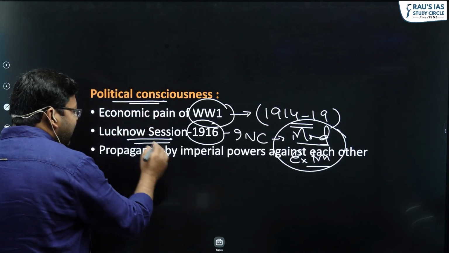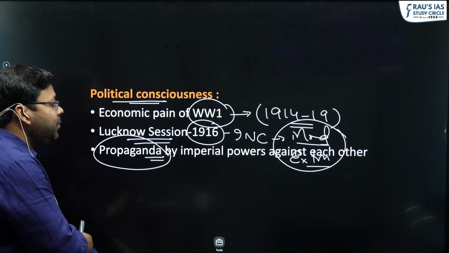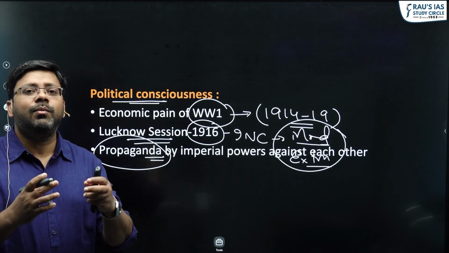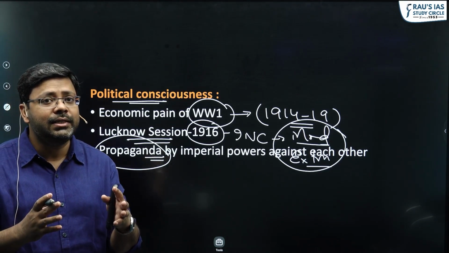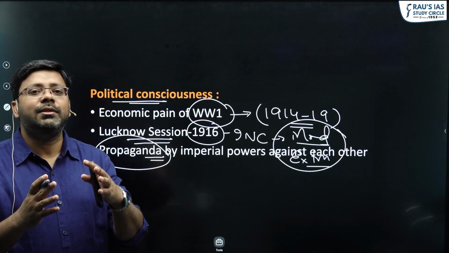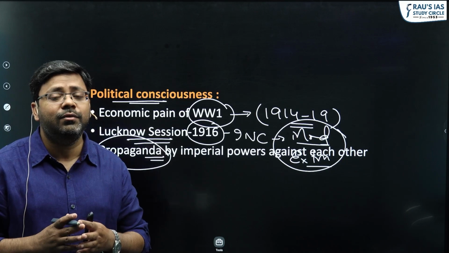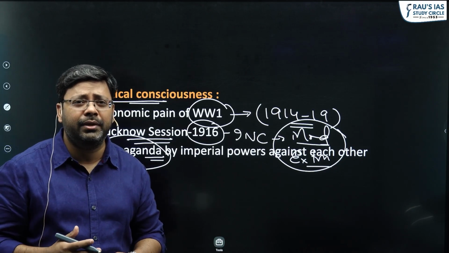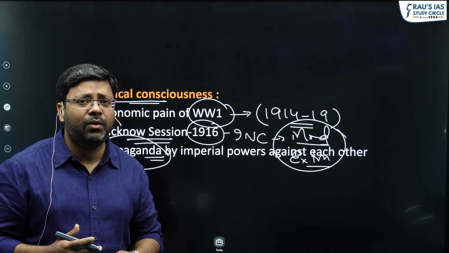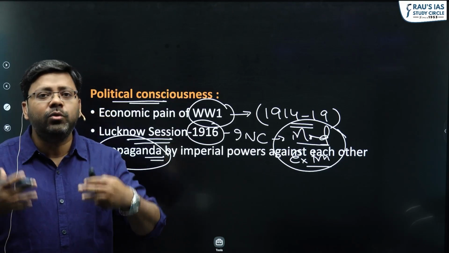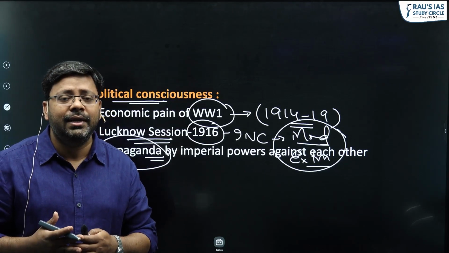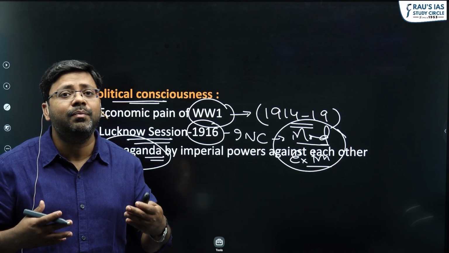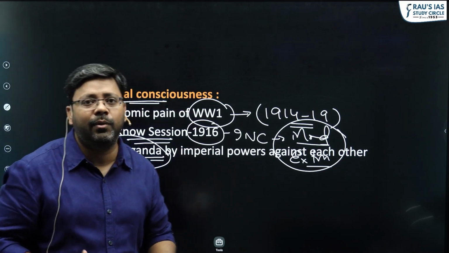Then, don't you think that during the First World War in Europe, intense propaganda was going on among the imperial powers? Think about Britain and Germany. They were fighting against each other, and both of them were trying to cut the support of each other from their colonies to weaken their position. So the British exposed to the world how exploitative the Germans were in the exploitation of their colonies, and in reverse, the Germans exposed how exploitative the British were in their exploitation of colonies like India. Certainly, all that propaganda made the people of colonies like India very much aware about the situation,